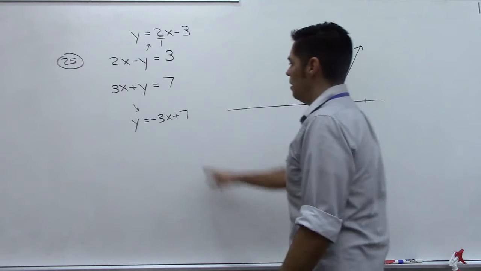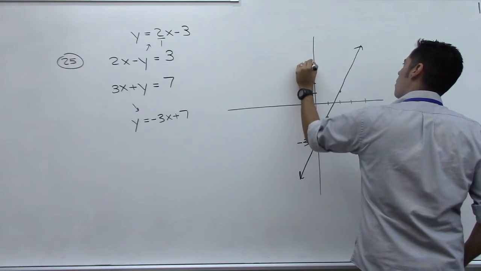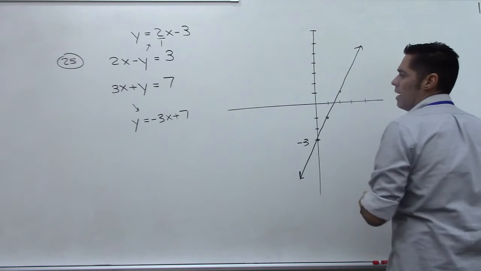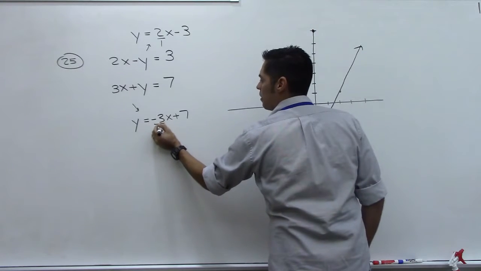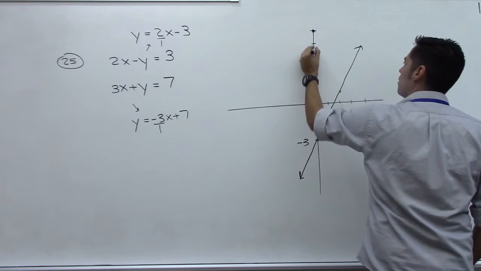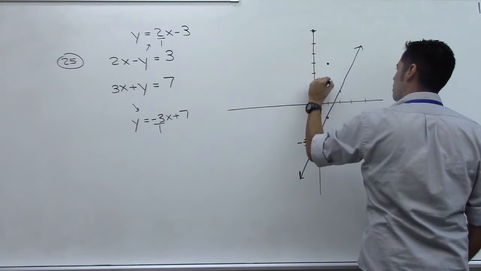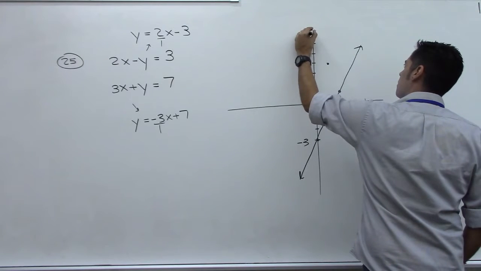The other line, I start at 7. 3, 4, 5, 6, 7, right? And from that point, I use the slope negative 3 over 1, so that's down 3, 1, 2, 3 to the right 1. And then down 3, 1, 2, 3 to the right 1. Oh, they actually hit right there. So,